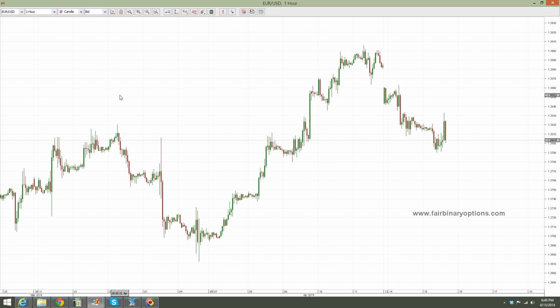fairbinaryoptions.com here. Looking at the euro US dollar as it is back to the 138 level. As you can see, we had a spike to the upside on the previous hour, only to be completely retraced and add some more here in the last hour. However, these levels still look bullish from my point of view, and actually this whole area here looks bullish because